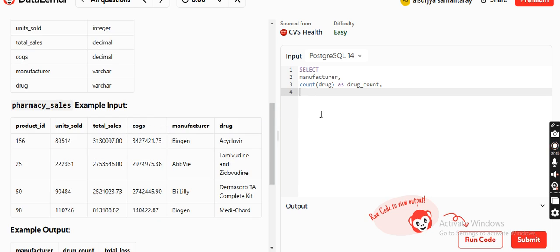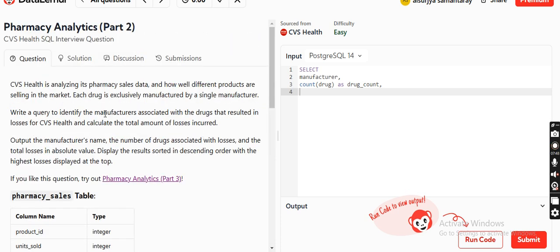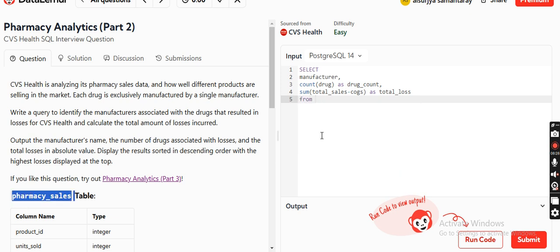So total losses will be, is it just the total loss? Let's see. It is not just losses, guys, it is total losses. See here also they have written: calculate the total amount of losses incurred. So total amount of losses means sum of losses. So total sales minus COGS as total loss from pharmacy sales,